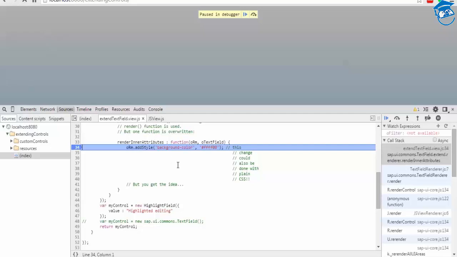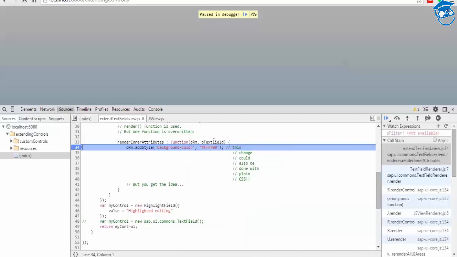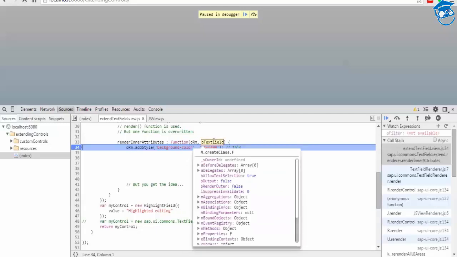Here, whenever it comes to onAfterRendering or renderInnerAttributes, you'll have oRm. So oRm is nothing but basic UI control properties will come here, and then your text field properties will come, your text field, your control and UI control.